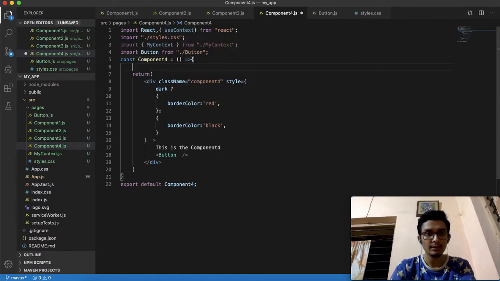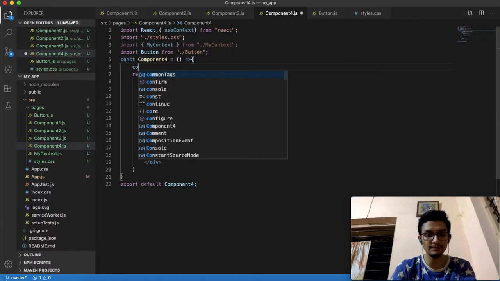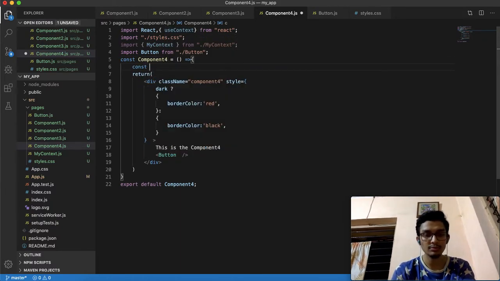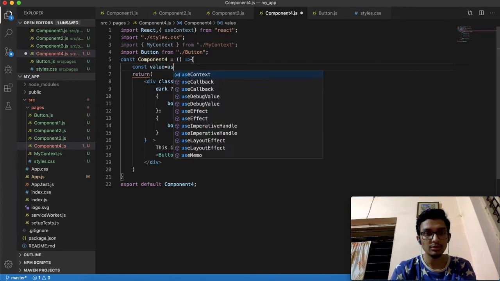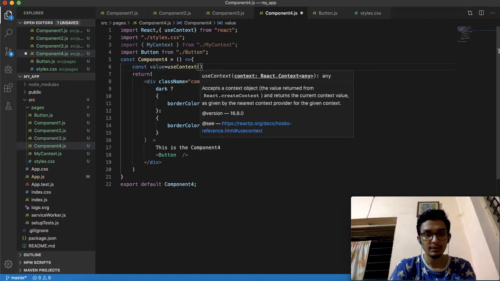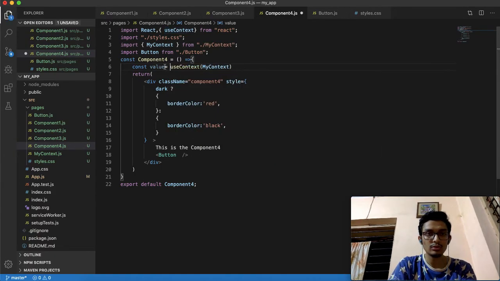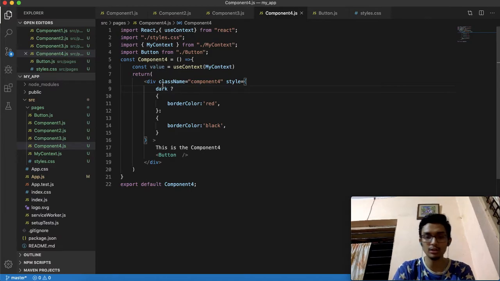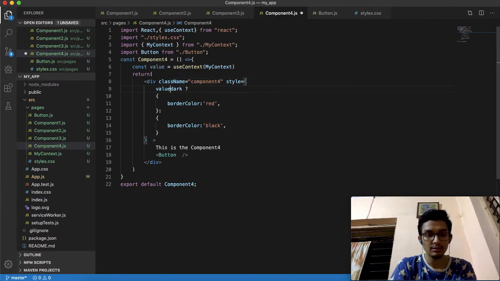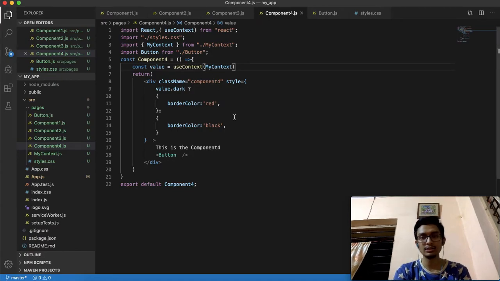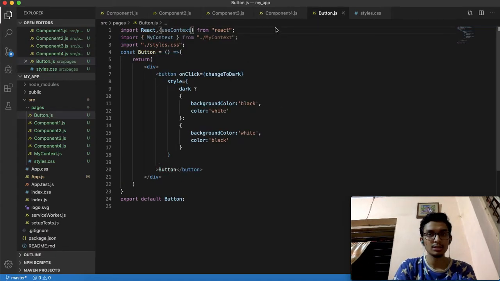As you can see, const value equal to useContext my context. So value will be the object and it will have two properties, value dot dark and another which is value dot change to dark.